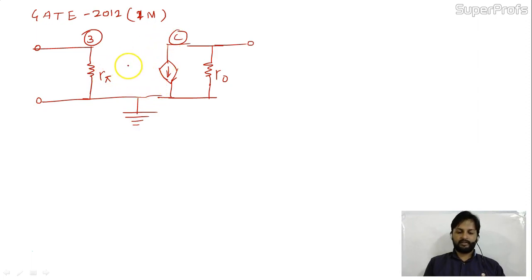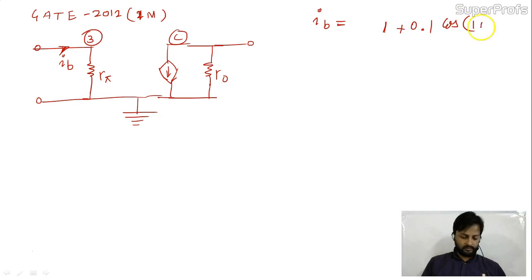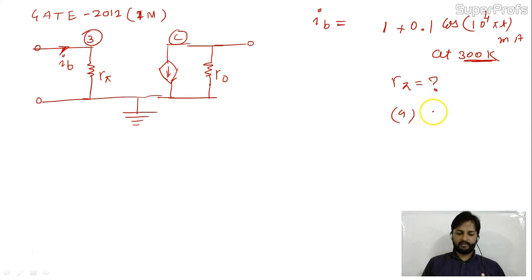Okay, R pi 3CB, and here the current is IB. The question is: the current IB through the base of a silicon NPN transistor is given as 1 plus 0.1 cos(10^4 πt) milliampere at 300 K, which is room temperature. The R pi in the small signal model of the transistor is, then R pi is,